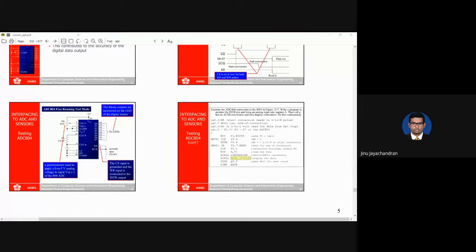So make sure you submit both the assignments by today, and we will meet again tomorrow for the LCD or keyboard or LED. We'll see which one will be better to do for that interface. Any more questions? Any questions from your side? Nothing. Okay.